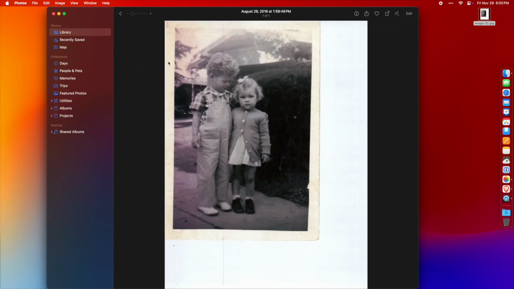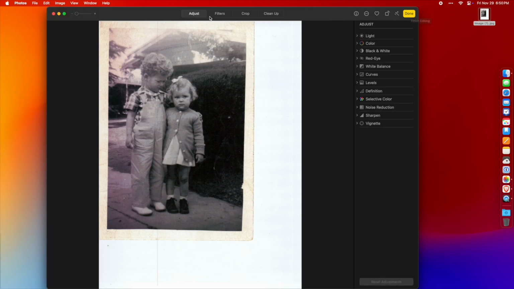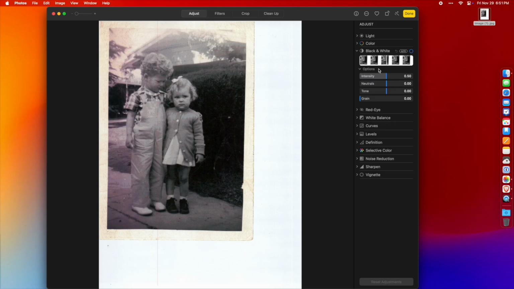You can see this can use a little bit of love. So come up here to the Edit button. Across the top, we have a lot of great options, and then more details down to the side. For example, this photo has discoloration. If we want to make it black and white again, we can click here. It provides a lot of options if you want to get really granular. I'm good with just pressing auto, and you can see the discoloration is already gone.